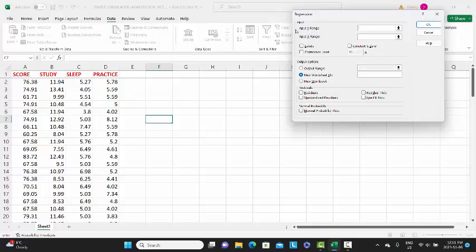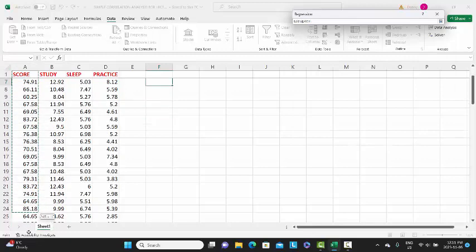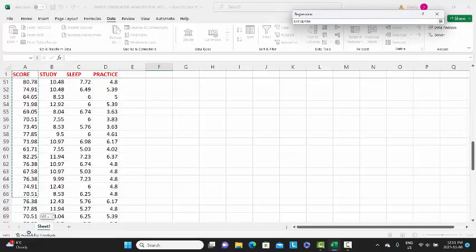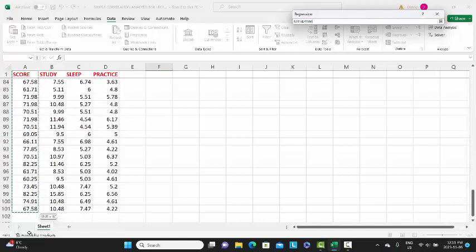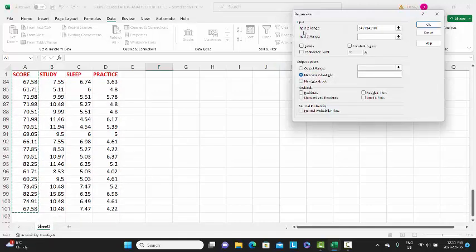Now the dialog box is looking for the identification of the variables, and in this case the Y range, that is the outcome variable of interest. In a correlation regression analysis we call that the criterion variable, sometimes referred to as the dependent variable. So I want to make sure I have this box with a cursor that's highlighted, and then once we have that blinking cursor, I can go back to the spreadsheet and click score and scroll down while I hold the left mouse button until I highlight all of the cases,